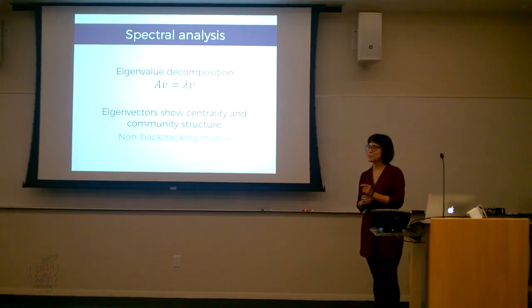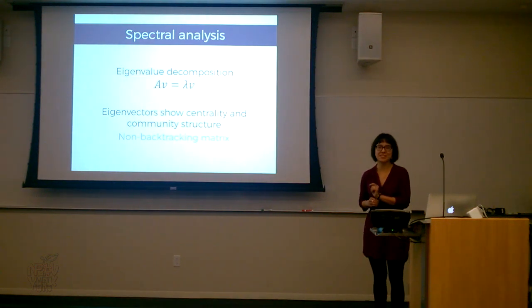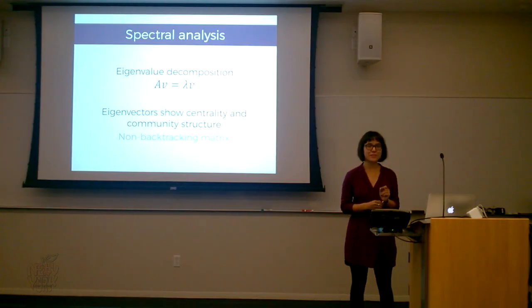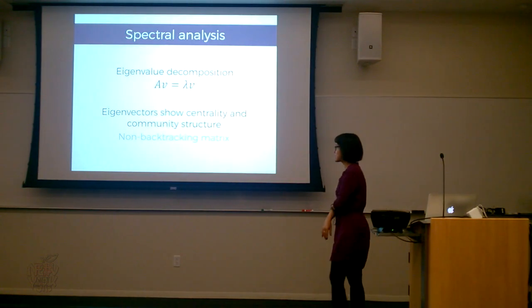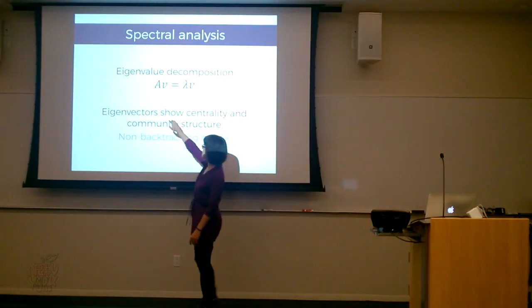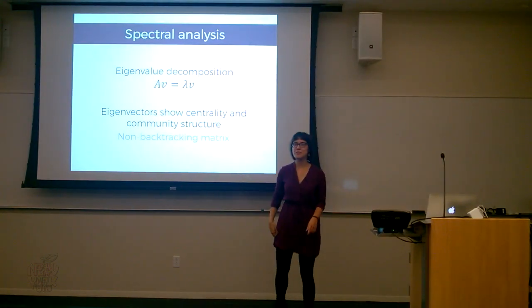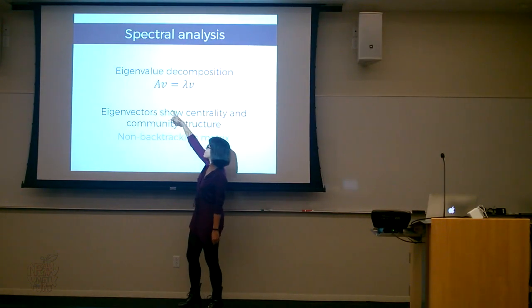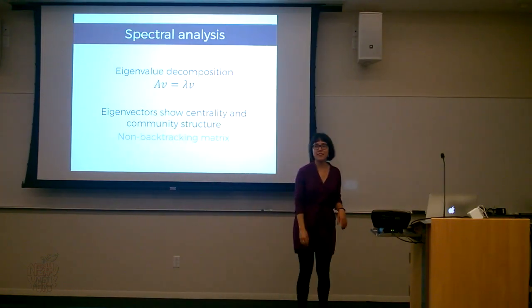And now I just wanted to mention one other thing that I did today, actually. I wanted to look at the community structure of the network around F#. And I decided to use the spectral analysis. Again, I don't want to go into mathematical details, but if you take the adjacency matrix, for example, here, and compute the eigenvalue decomposition, that means you compute the eigenvalues and eigenvectors, which make this property hold. And there are algorithms to do that fairly efficiently.